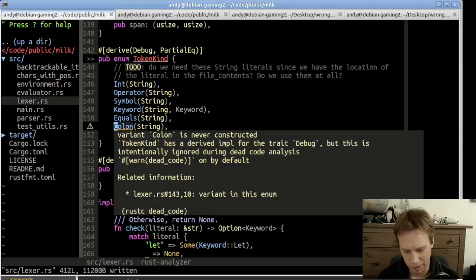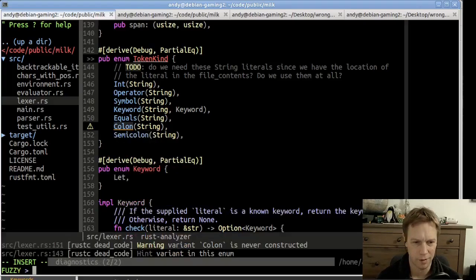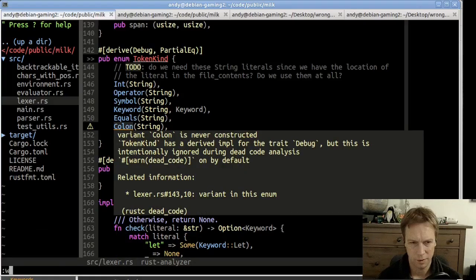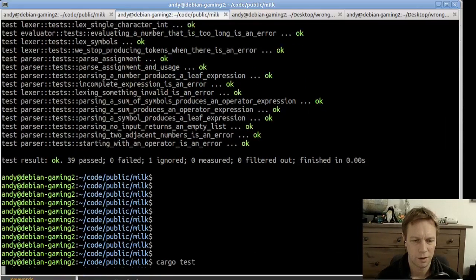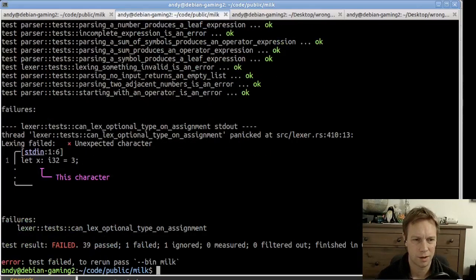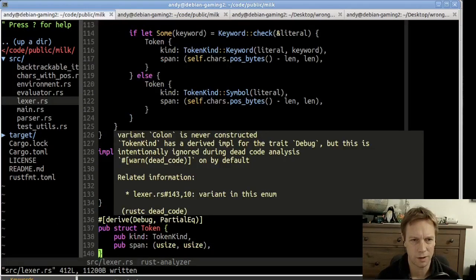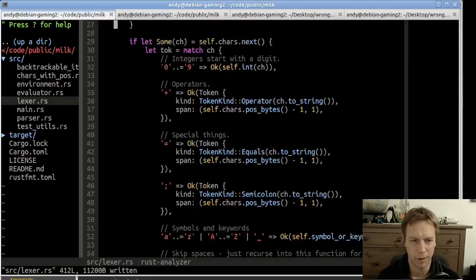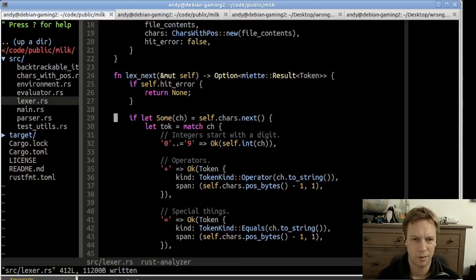All right, so it's complaining because we've added a variant and there must be some code that is... really? Variant code was never constructed? I guess in production code, the variant code was never constructed. So now when we run our tests, the lexing fails because we don't actually know how to deal with a colon. So let's have a look at the code of our lexer and figure out how it works, and well, remember how it works. So basically, every time we get a character,